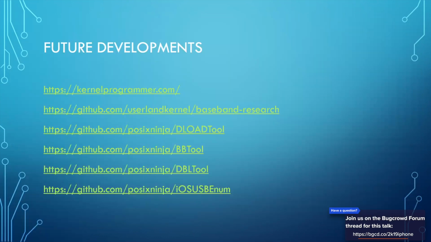So, future developments: I'm creating tools useful for researching baseband, accessing the interfaces of the baseband, and I also want to create a tool for loading custom firmware images through the protocols of Qualcomm, so you can restore custom bootloaders and create custom firmware. And I, of course, will take a look at this image signature verification being missing in a specific version of the bootloader. I'll try to find the specific bootloader version so that you can use it to restore the custom firmware.